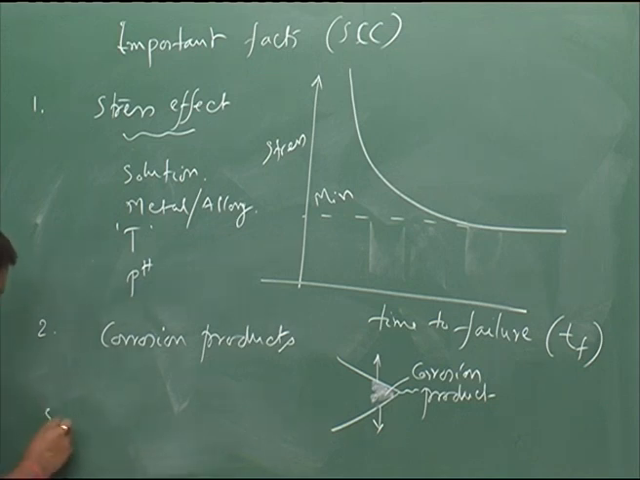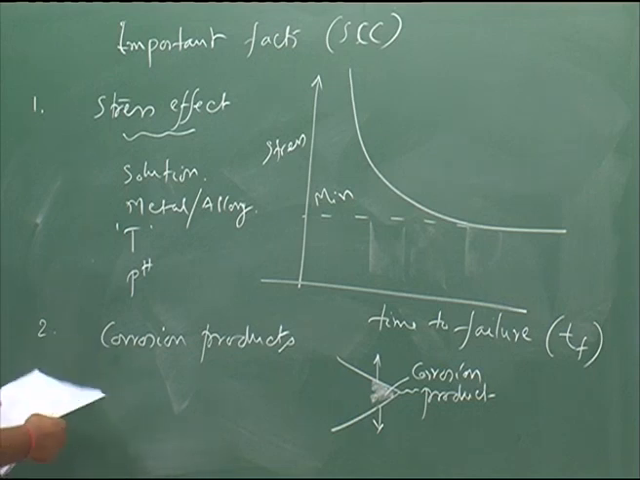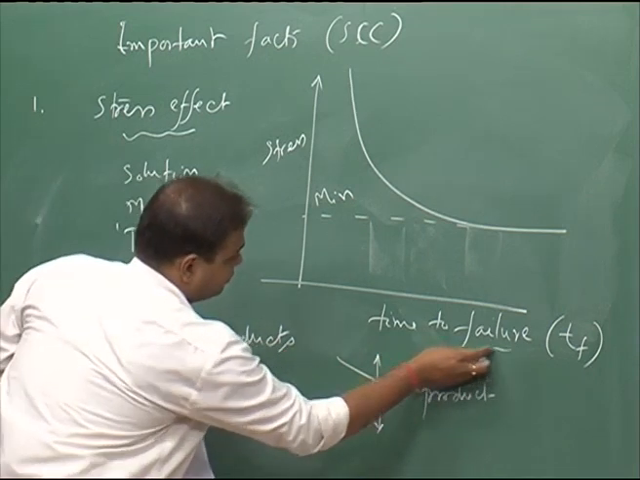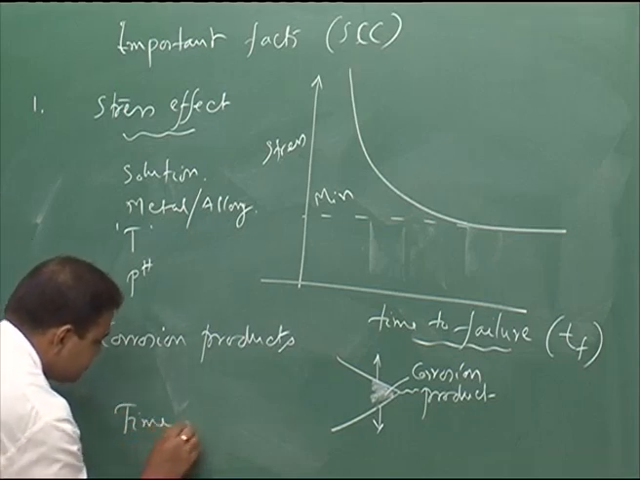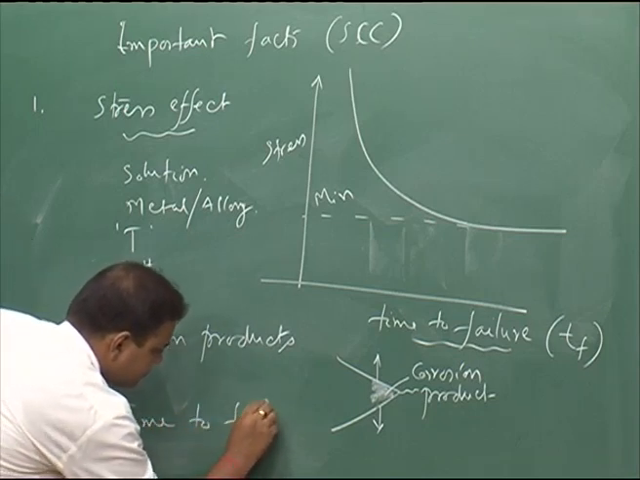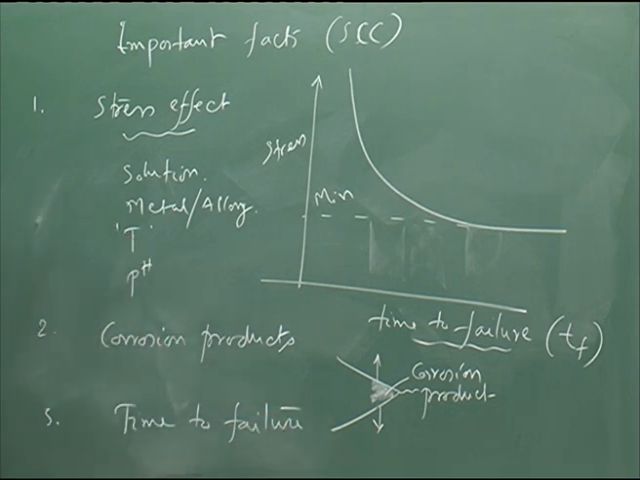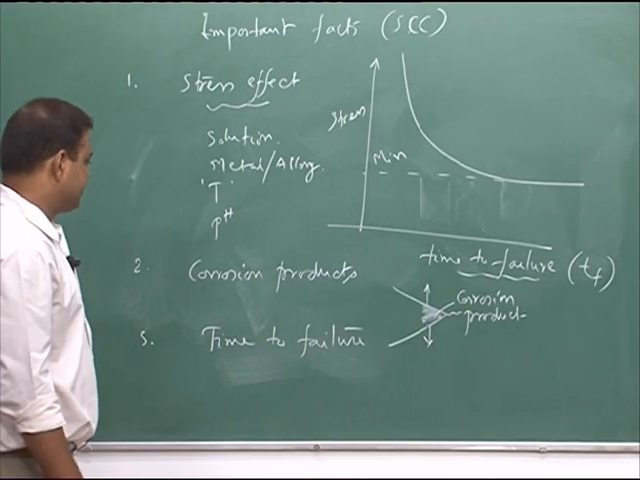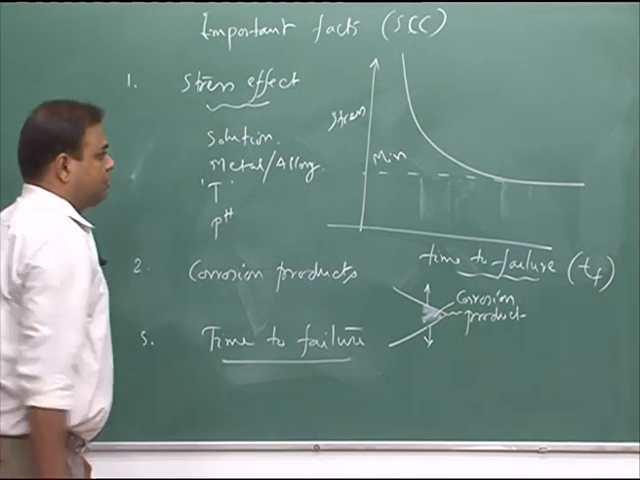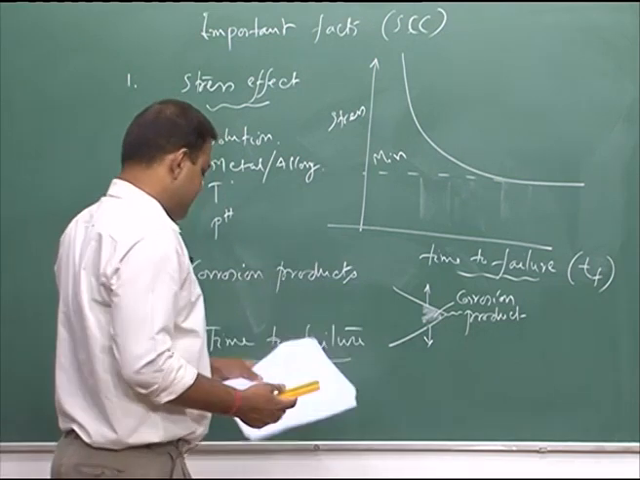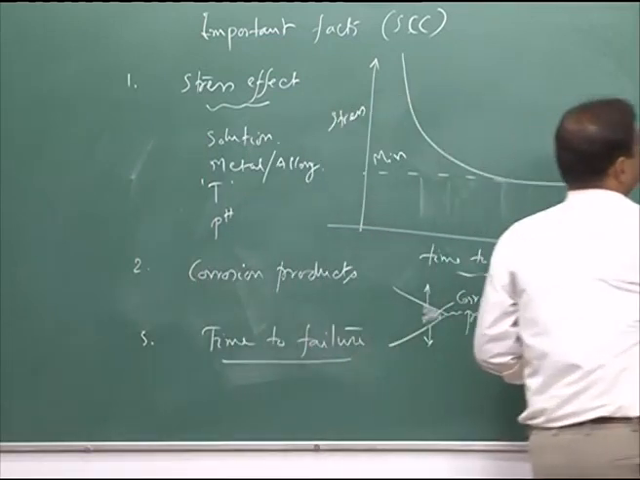Then you have, now you see that the time to failure, this time to failure is a very important parameter to judge the SCC ability or SCC tendency of that particular metal or alloy. Now, this time to failure, if you would like to see the importance of the time to failure,